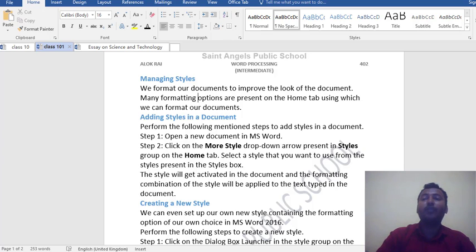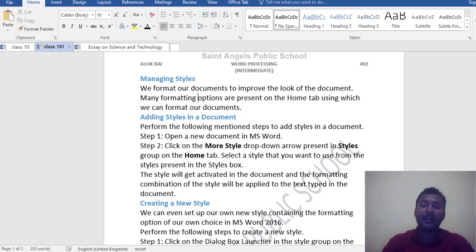Basically, style or formatting are used to make our document more attractive.